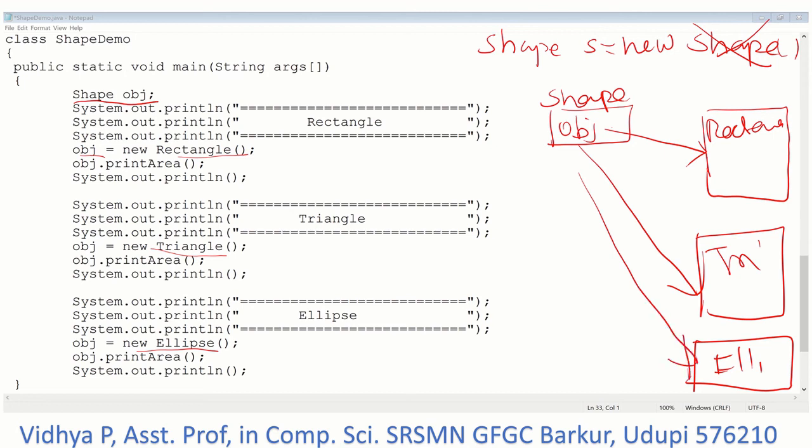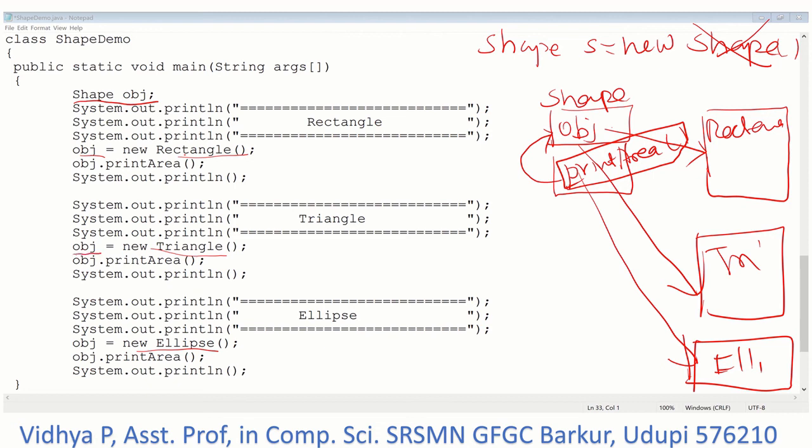But remember, the superclass variable can be used only to access the methods and members which are defined in the superclass. Since we have defined print area in our superclass, this print area can be accessed using this superclass object. See, obj.printArea, since the object reference is set to rectangle, will print the area of the rectangle.